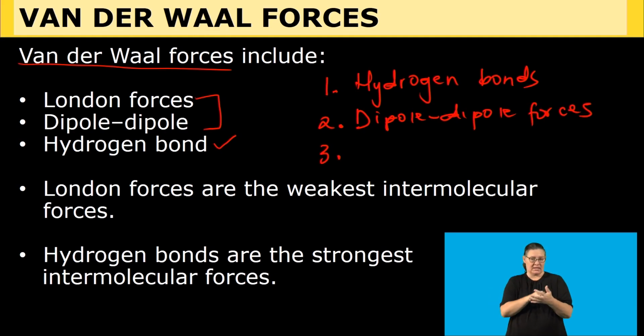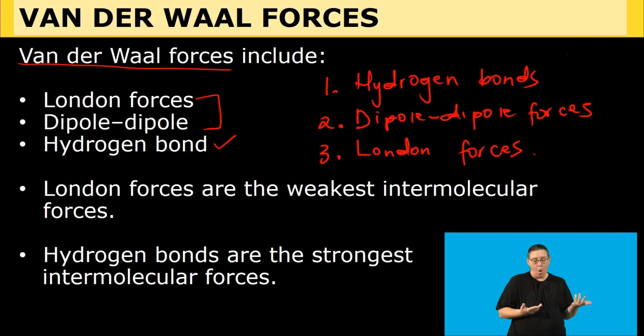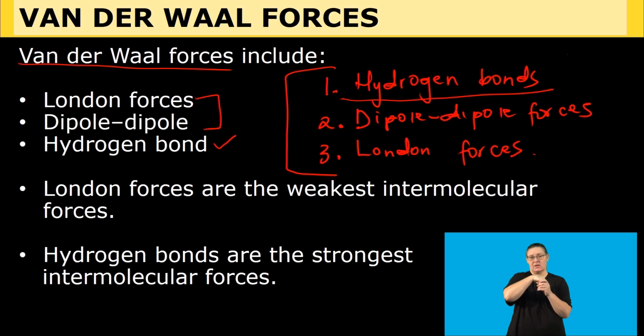And then the weakest one out of the three would be your London forces. As we have said, it is not to say that a substance may not have a combination of these three, it can also still have one. But if a substance is referred to as having hydrogen bonds, that means it has all three intermolecular forces, but out of the three, the strongest one being hydrogen bonds will then have a higher melting point and therefore a